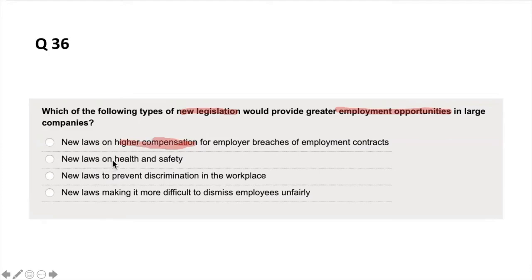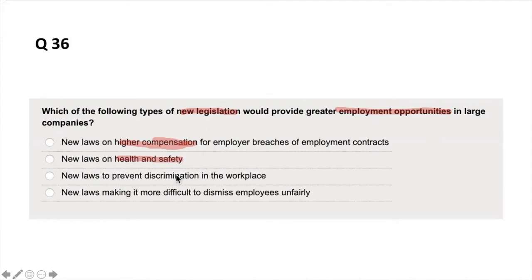Number two, new laws on health and safety. A new law on health and safety will require more training, and it would require maybe to make sure you go by the law. So the training costs would probably go higher. Try to find the appropriate people. That may be difficult because health and safety is more, let's say, of a targeted area in a company, especially in manufacturing. So this would not help be very open. It's not going to provide many employment opportunities, maybe a few in a specific area like health and safety, but it's not going to provide the great opportunities that we expect.